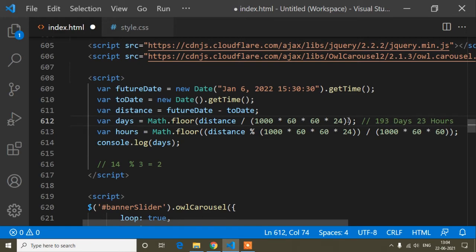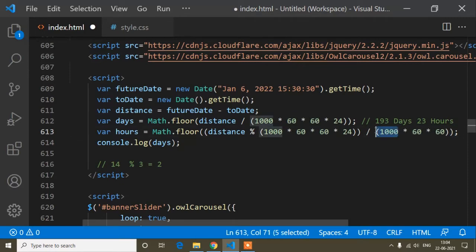So like this one. So this is the remaining value, and in these 23 hours, how many minutes and seconds do we get? Because a combination of minutes and seconds gives us hours, right? So that's why here I am doing like this: minute and second, because 60 minutes means 1 hour and 60 seconds means 1 minute.